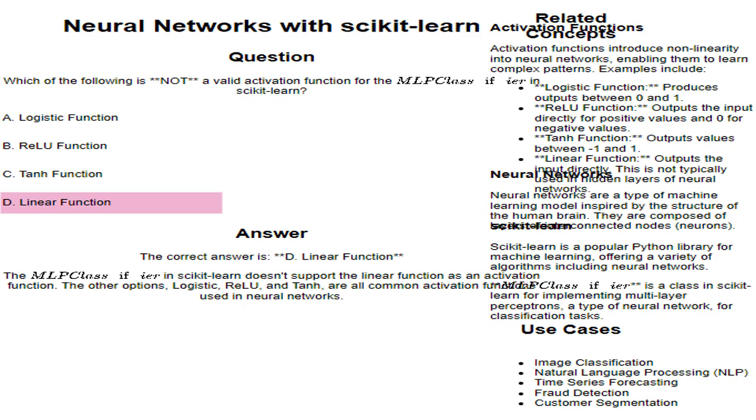Image classification, natural language processing (NLP), time series forecasting, fraud detection, customer segmentation. Neural networks have a wide range of applications across various domains. Some common use cases include image classification, identifying objects and scenes in images, natural language processing, understanding and generating